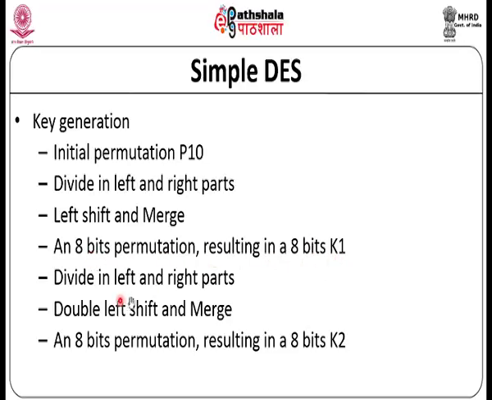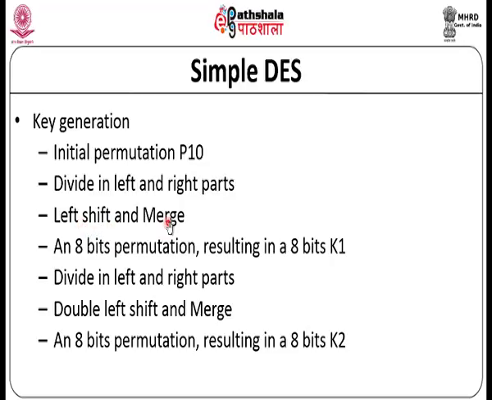This step is used for key generation in simplified DES, where you have the simple DES algorithm with initial permutation P10, because we know the key size is 10. So, we do the permutation with a table of 10 bits and divide into right and left,